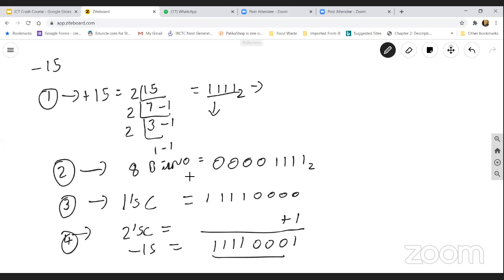So this is enough. Then you have to take the 1's complement. Then you have to take the 2's complement. 1's complement is nothing but you have to,